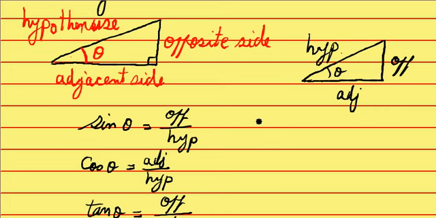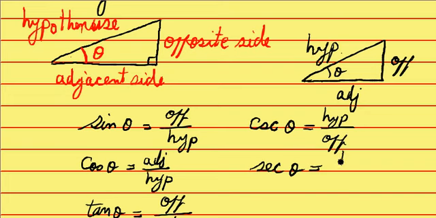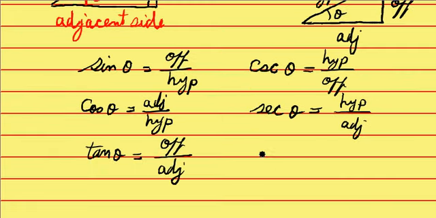So the so-called cosecant of theta is just a reciprocal of this. Cosecant of this angle is the ratio of the hypotenuse by the opposite. Secant of theta is the ratio of the hypotenuse by the adjacent. And cotangent of theta is the ratio of adjacent